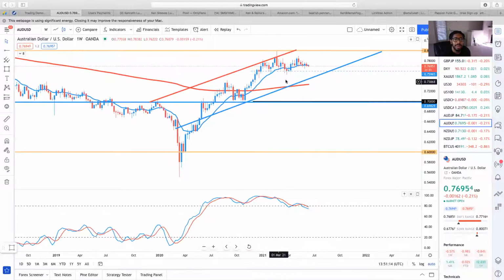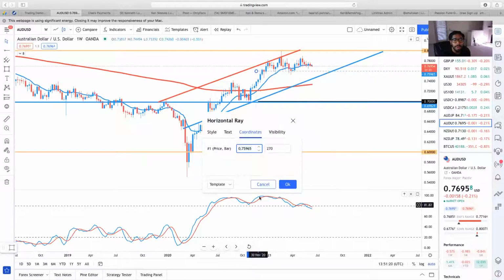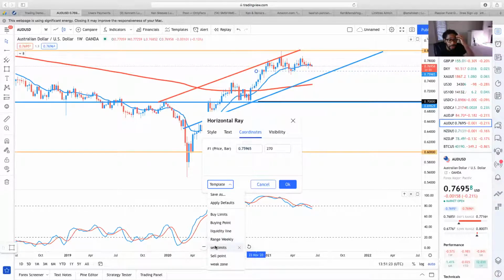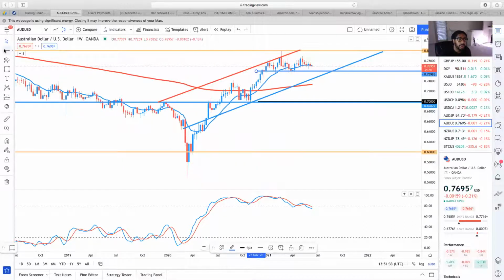I don't want to be too messy, guys. So we could put a buy limit here. Well, actually, we could put a buy point right here because this is still a weekly zone. That's heavy. That whole weight, man. Price get there, it might just be a bunch of buyers waiting. All right, so we'll do that. We'll put our buy point here. Then we'll come here and put a sell point here.